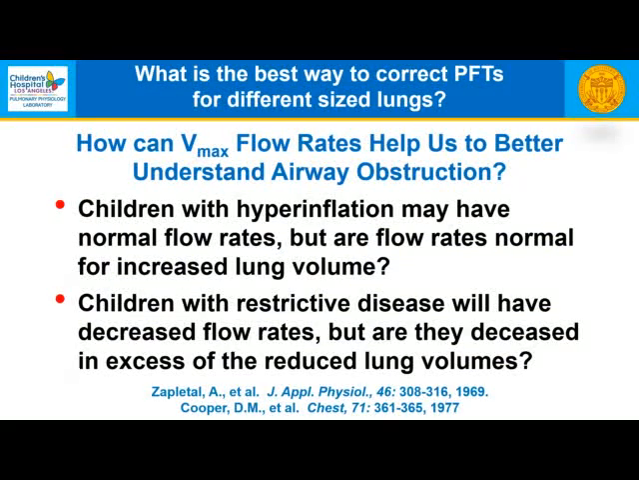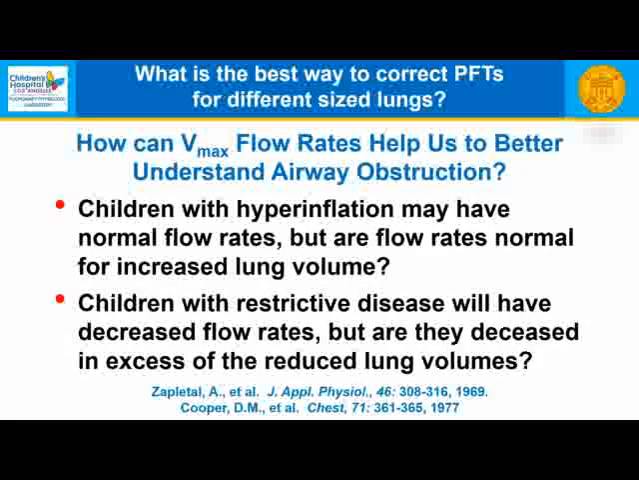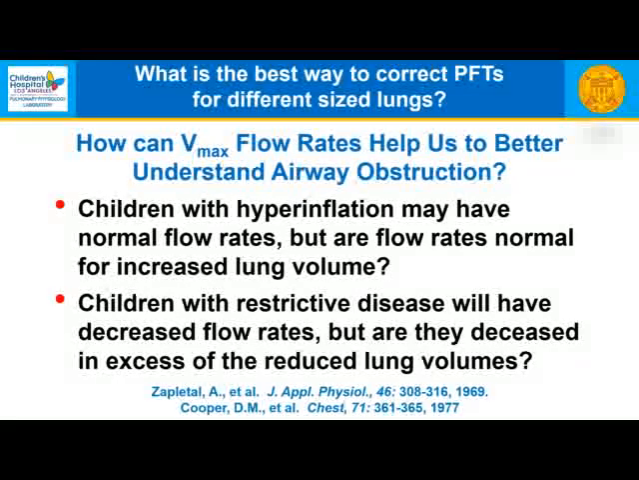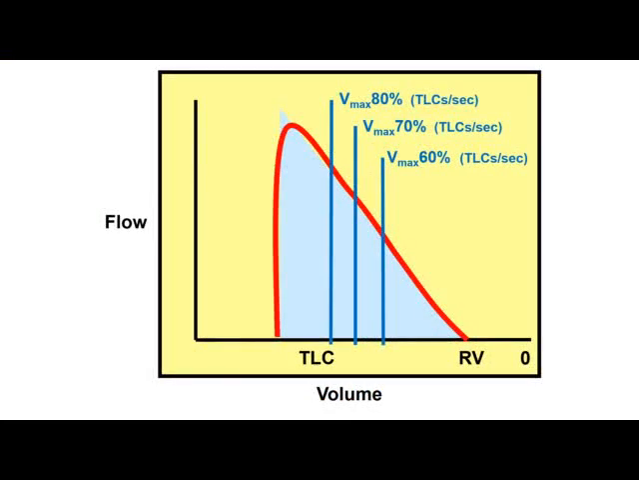So how can Vmax flow rates help us to better understand airway obstruction? Children with hyperinflation may have normal flow rates, but are flow rates normal at the increased lung volume at which they were measured? Children with restrictive lung disease have decreased flow rates, but are they decreased in excess of the reduction in lung volumes? So if this is a maximum expiratory flow volume curve plotted on an absolute value scale here,